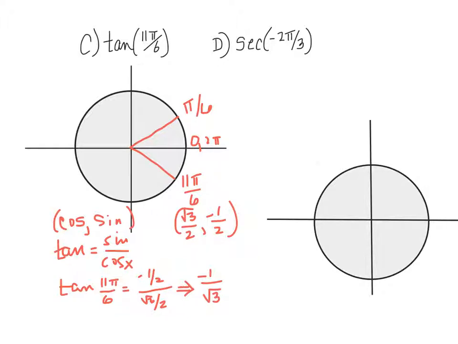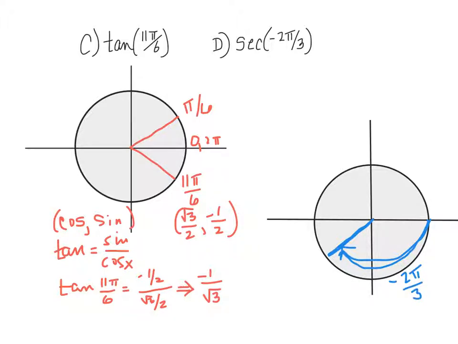Let's take a look now at the second one, D, where we're looking at the secant of negative 2 pi over 3. One of the things that I would want you to do is take a look at your unit circle. Again, negative 2 pi over 3 means that we're going to have this negative rotation. If I went all the way back up to my x-axis, that would be negative pi, which would be negative 3 pi over 3. So I know that it's going to happen somewhere in here, right? As I rotate negative 2 pi over 3,